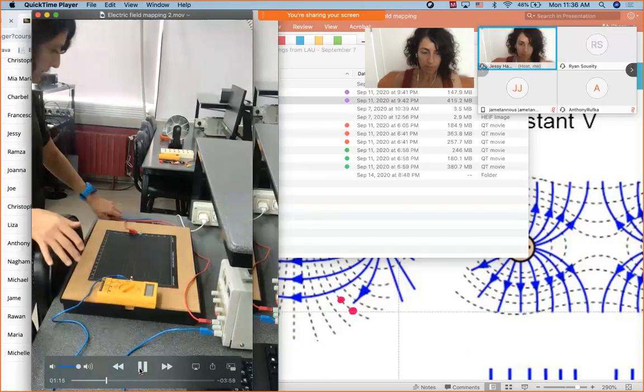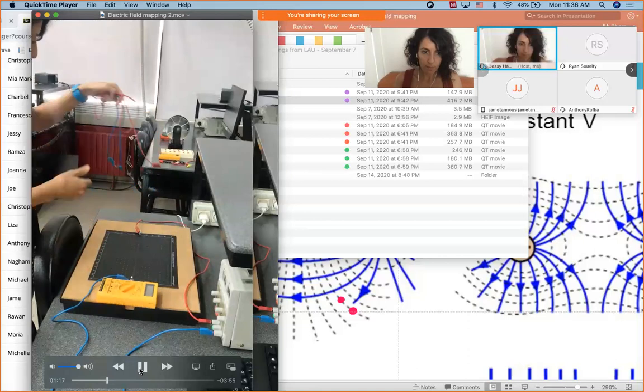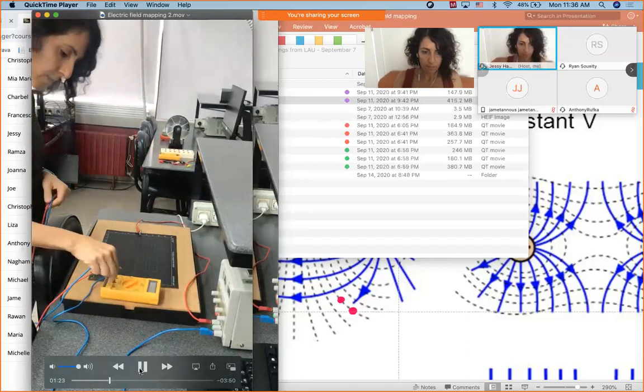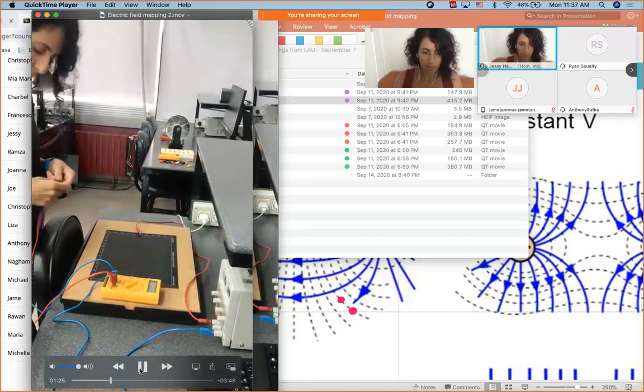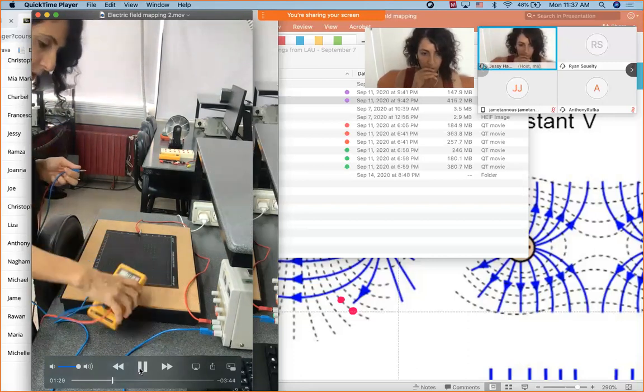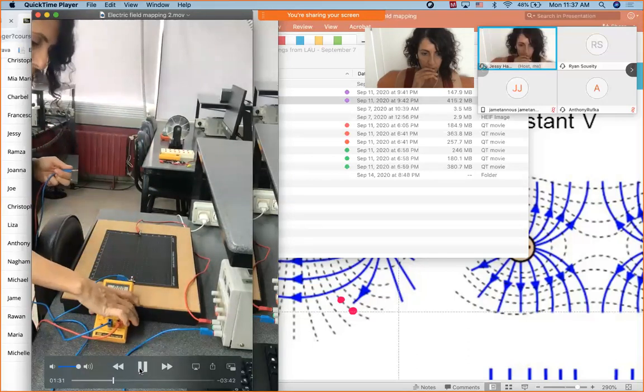I'm gonna take these wires, the red one, and plug them into the COM and the V plugs. Some instructors would love to keep the red for the positive. In my case, I don't mind, especially that in the lab we have brown and yellow, just follow up on your polarities. I will put this to the camera, hopefully you can see it.